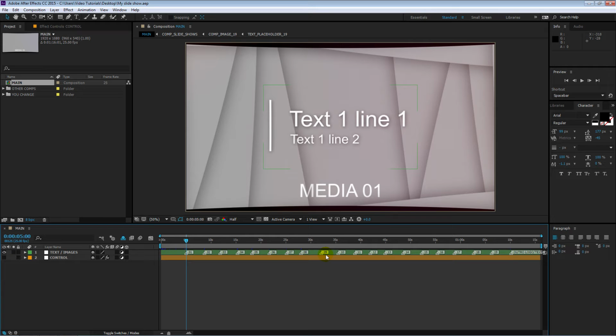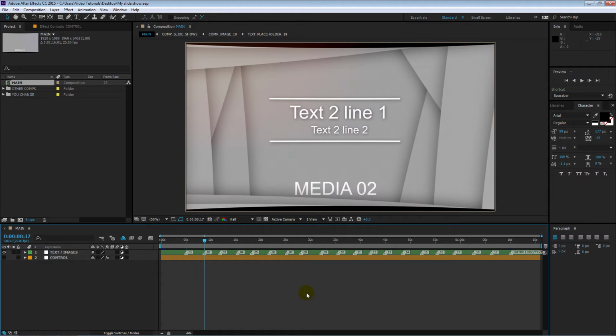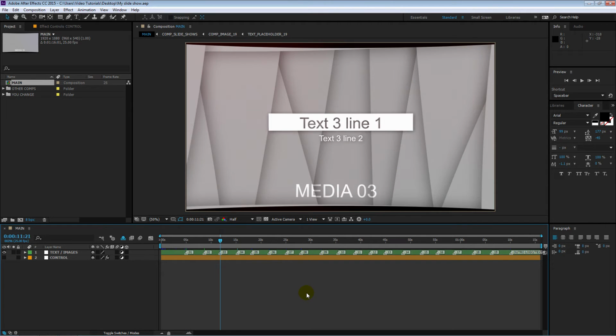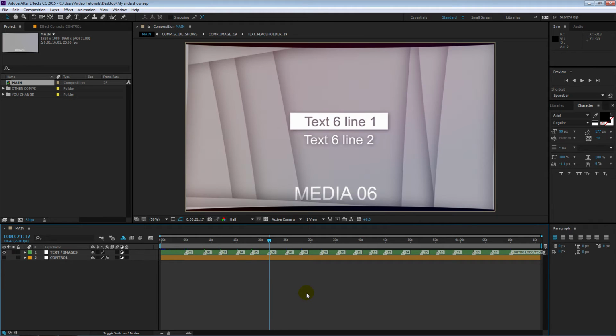Those markers are there to help you navigate through this composition. If you have the timeline active, and you know it's active because of a line around it like that, if you click on it, it puts this little line around it. That means that you can press the J or the K keys to navigate through it. K goes forward by one marker, and then J goes back one marker. So that's how you can quickly navigate through it,